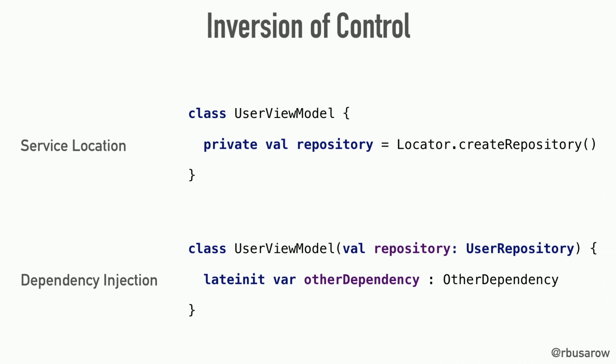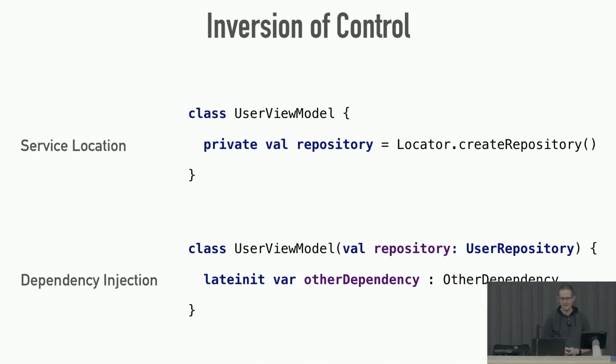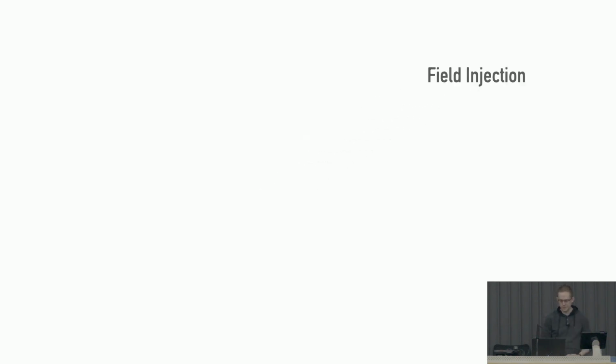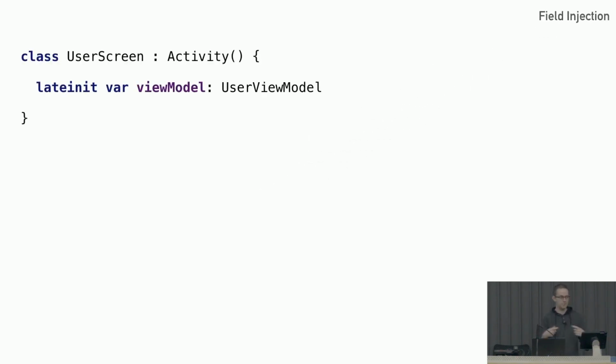That's reasonably straightforward. And for dependency injection, we can break this down into two different categories. We have constructor injection, which is pretty much just parameters that you pass into a class. Everybody gets that. Or you have field injection, where you create this mutable property, which is then set after the fact. So we're going to talk about that a little bit more.